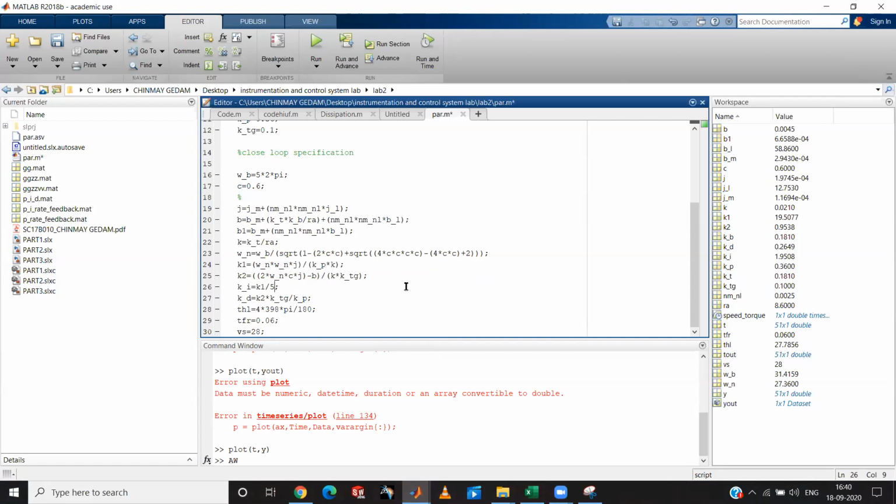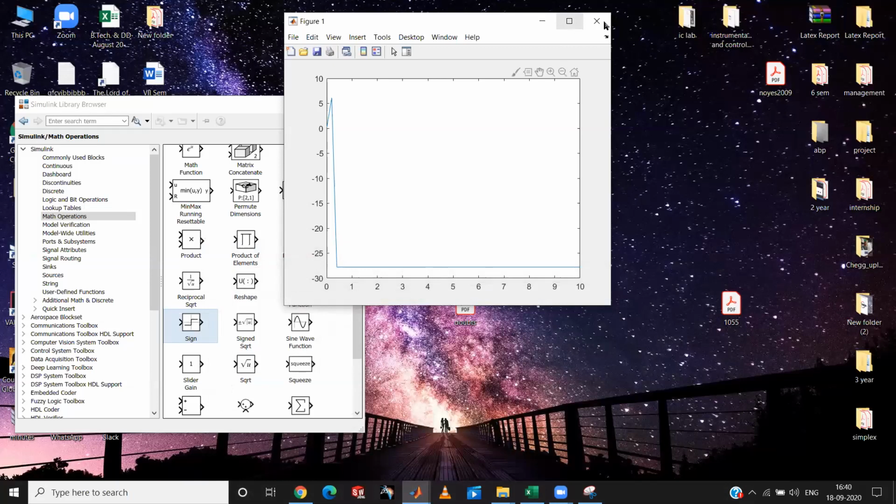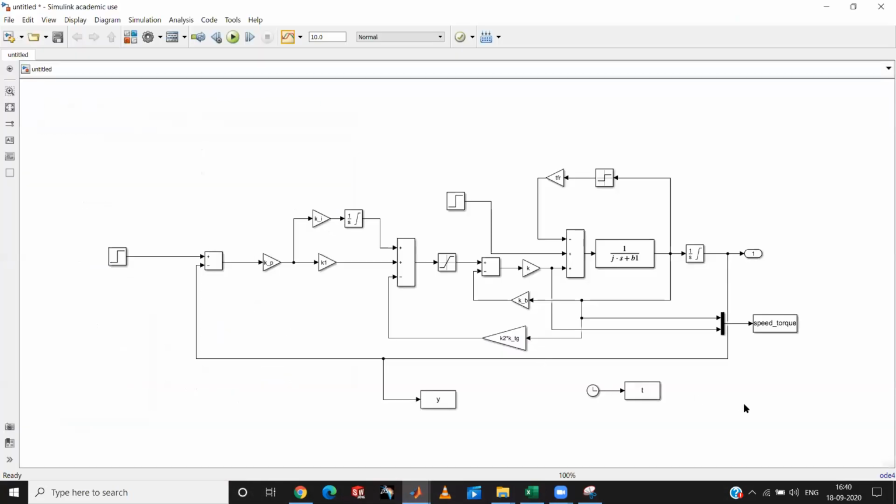This file you run again. Then you go there, then you will get that PI plus KT K1, K1 by